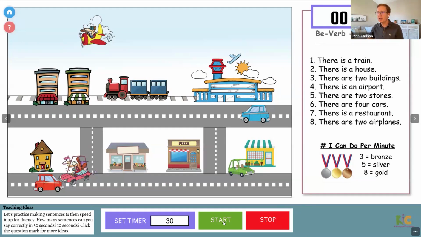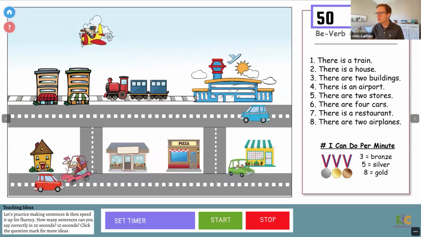And then with this, you can use a timer. Let's say they're pretty slow. Let's set a goal: can you do 3 sentences in 1 minute? If you can do 3 sentences in 1 minute, we're going to play a game. If you can't, that's okay. We're going to try again until you get it. So let's see if you can do it. And I said a minute, didn't I? So I would change this to 60 seconds. All right, so ready and go. Then they're going to try to say 3 sentences in a minute. They do it, you're celebrating. That's awesome. Great job. Let's play a quick game.